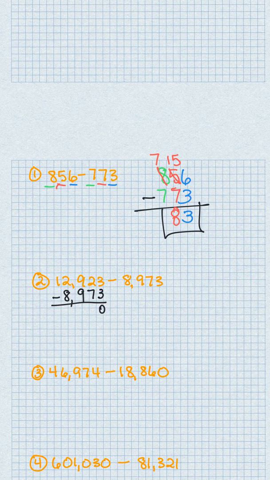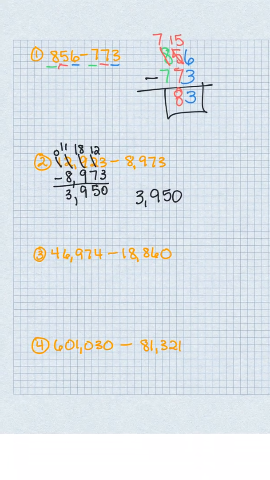7 subtract 2, can't do it. Gotta borrow one from over here. Turns it into a 12. 7 subtract 12 is 5. Can't take 9 away from 8. So we borrow one over here, turns that into 18. Leaves us with 9. Can't subtract 8 from 1. Borrow that. 11 is going to be a 3. Our answer is